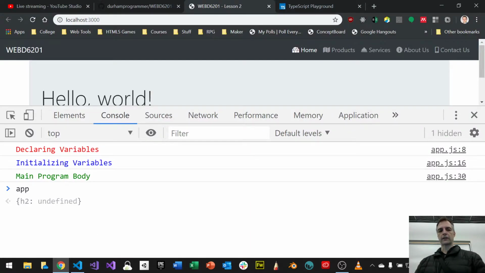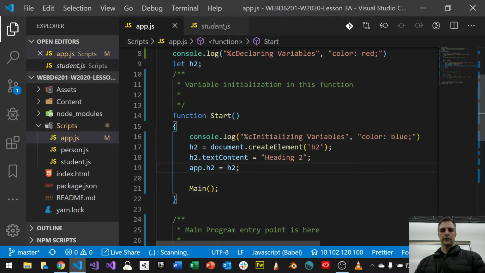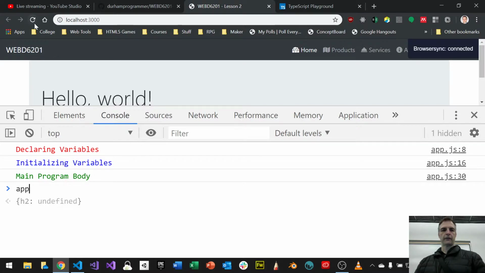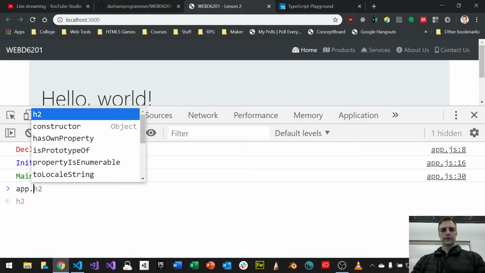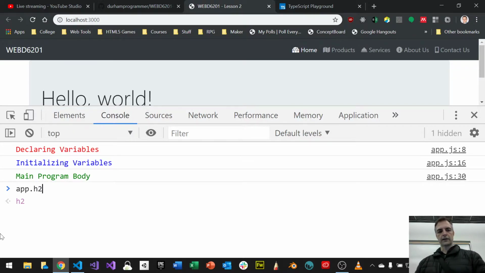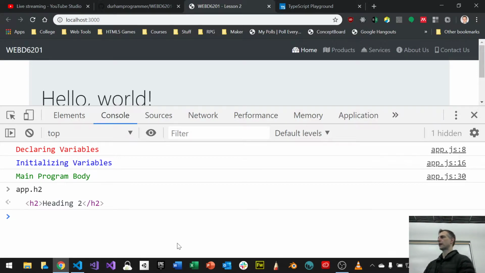Now if I go back, I save this, and if I refresh, and if I go app.h2, now you can see that h2 is a heading 2. It's an actual thing. I can actually get that information out because I've passed a variable app inside of my IIFE, so it goes inside my IIFE now from the outside. Remember, it's in the global namespace,